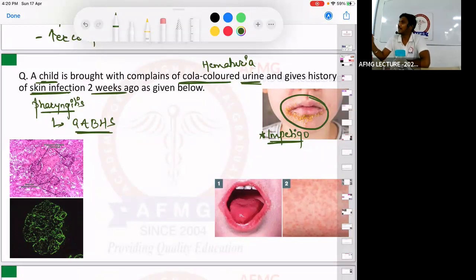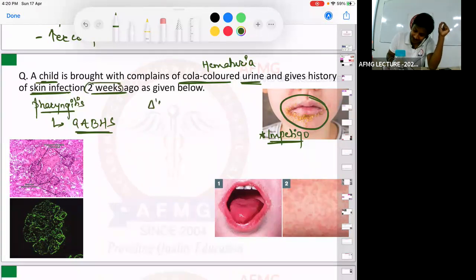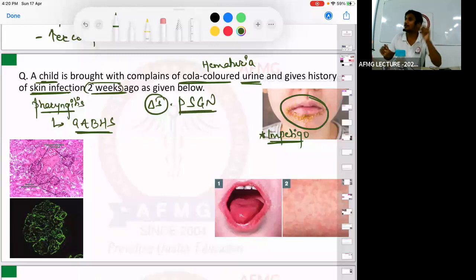So Streptococcus pyogenes is responsible for the skin infection known as impetigo. It can lead to pharyngitis or sore throat in a patient, and following that, in a period of 2 to 3 weeks, the child will present to you with complaints of hematuria. So if hematuria is present, is it nephrotic or nephritic? Nephritic syndrome. And nephritic syndrome in a child after 2 to 3 weeks of a skin infection or pharyngitis, the diagnosis in this condition is PSGN, post-streptococcal